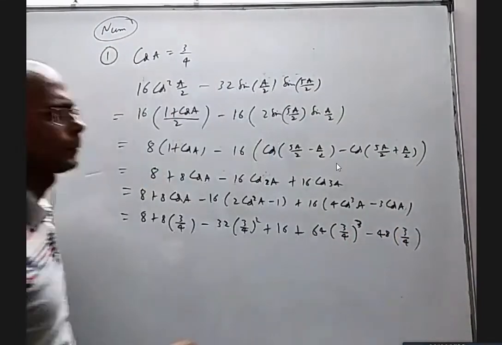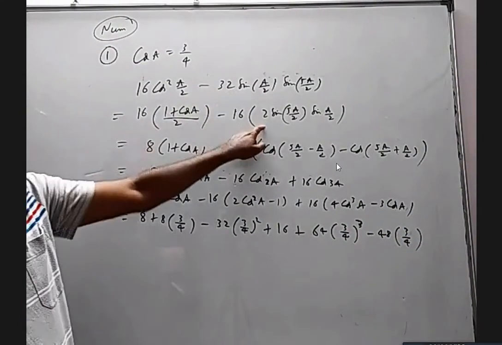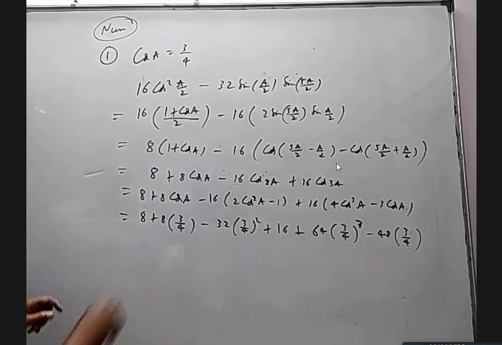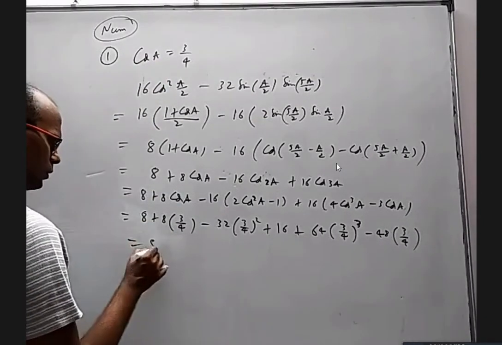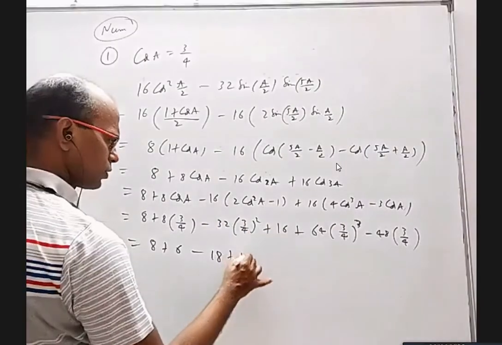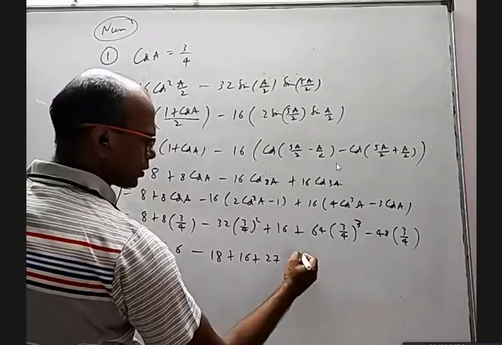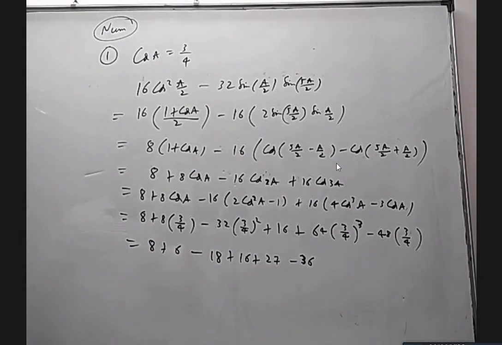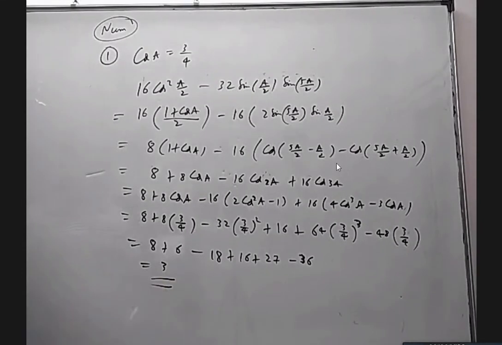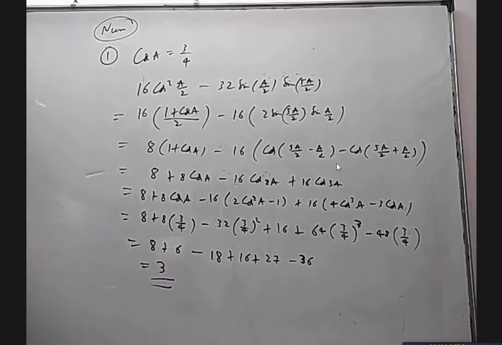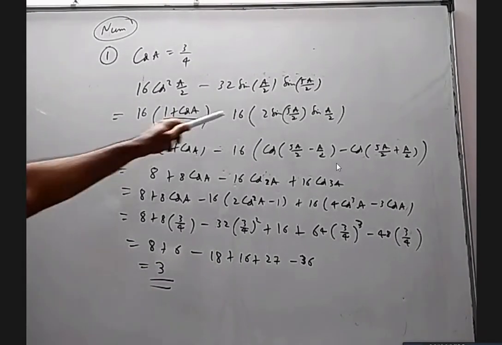3 by 4. Mainly here you are using transformation and then compound angles, that is multiple and submultiple angles, all the formulas, everything in terms of cos theta. This is 8, this is 6, this is 9 to 18, 16, this is 27, this is 36. This is minus 2, which is minus 9, minus 11, 14 minus 11 is 3. So basically we use transformations here.